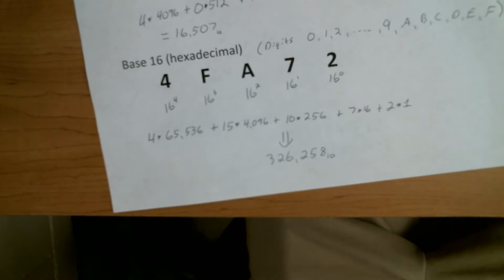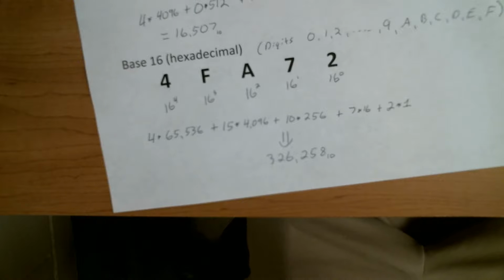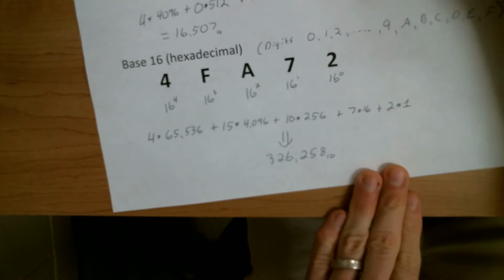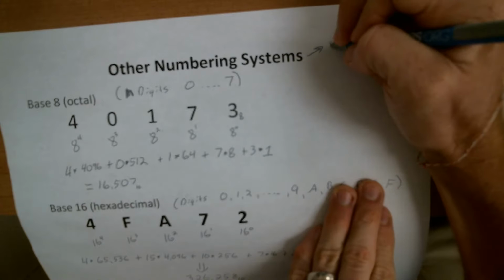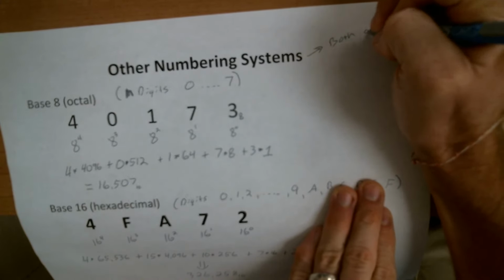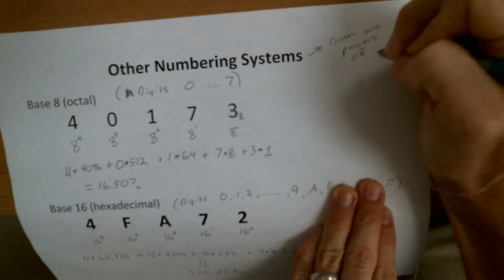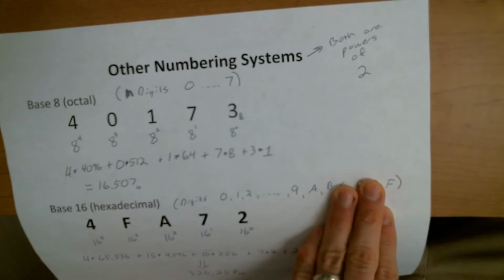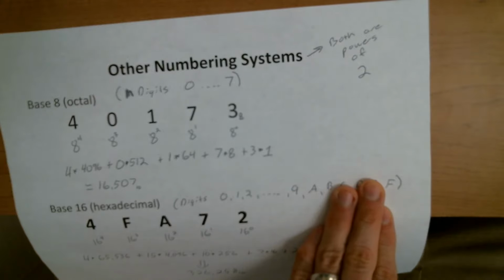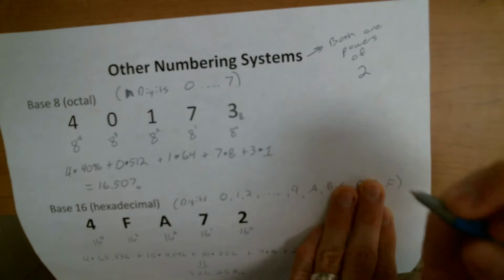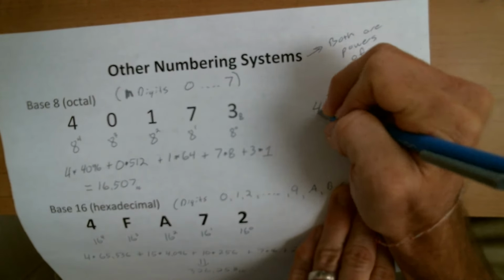So why base 8 and base 16? Both are powers of 2, which means they have a connection to binary. And they have a connection that's going to make our lives a little easier when we're converting back and forth. And that connection is, let's just take this